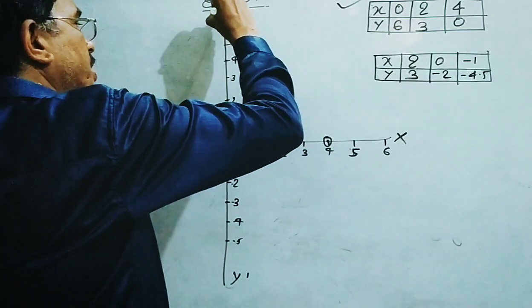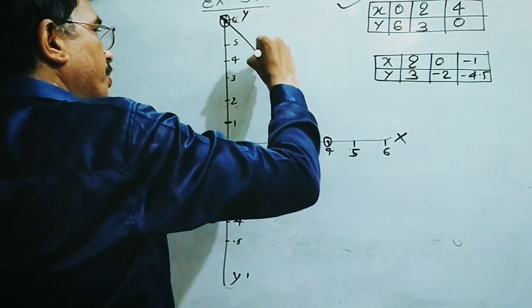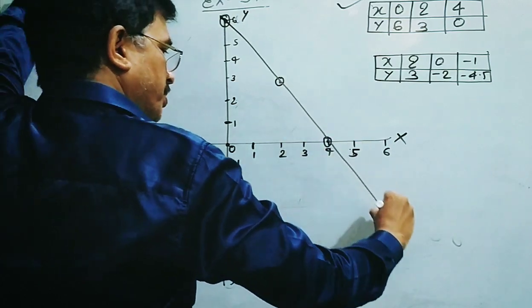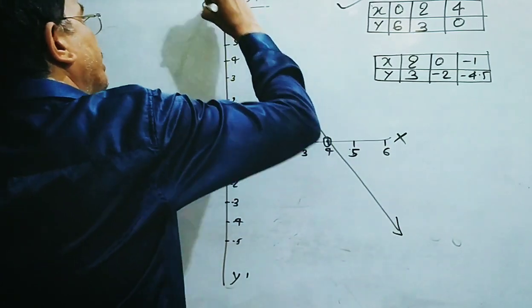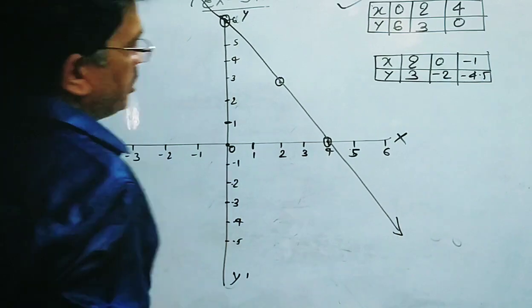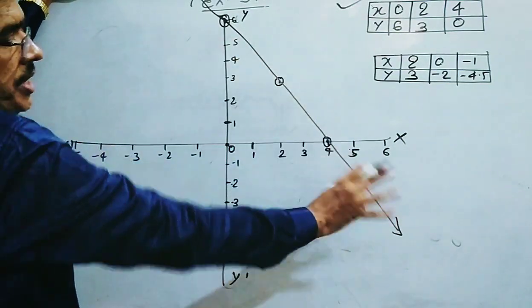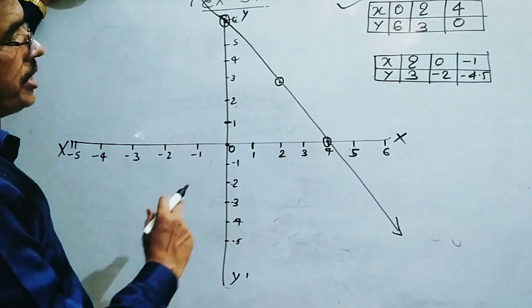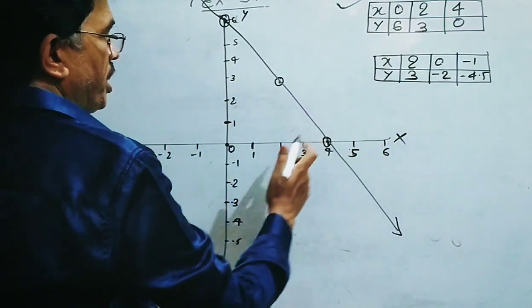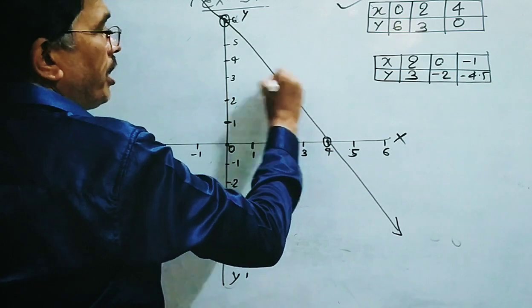And with the help of the scale, you draw the graph and write the equation name. It is the first equation and it is the graph of the first equation. And write the name of the equation here also. Next is x is 2, y is 3. X is 2, y is 3 here.